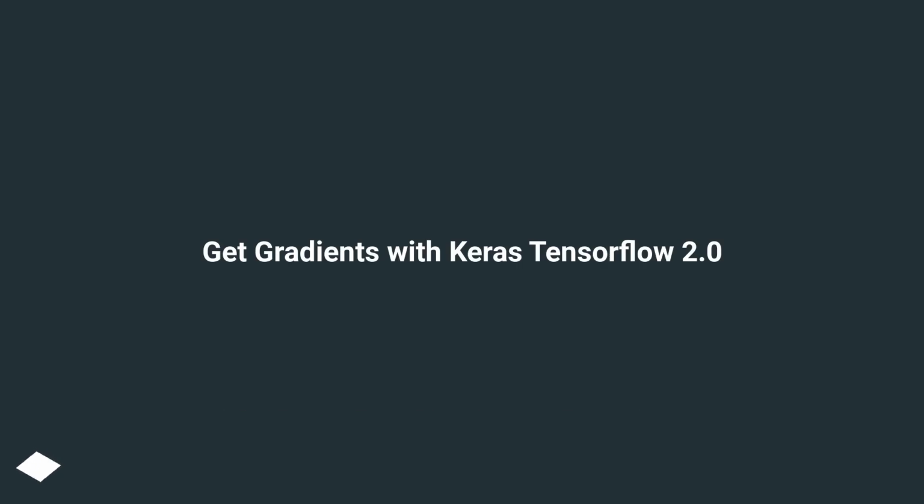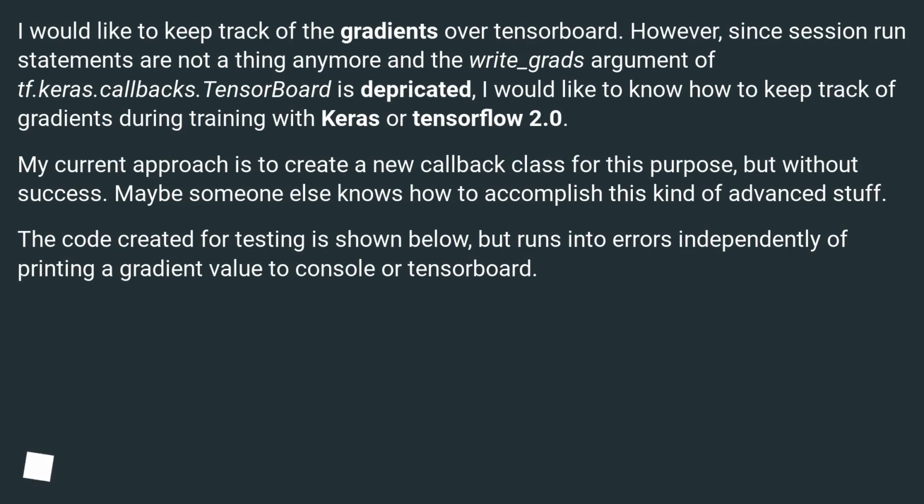Get gradients with Keras TensorFlow 2.0. I would like to keep track of the gradients over TensorBoard. However, since session run statements are not a thing anymore and the write_grads argument of tf.keras.callbacks.TensorBoard is deprecated, I would like to know how to keep track of gradients during training with Keras or TensorFlow